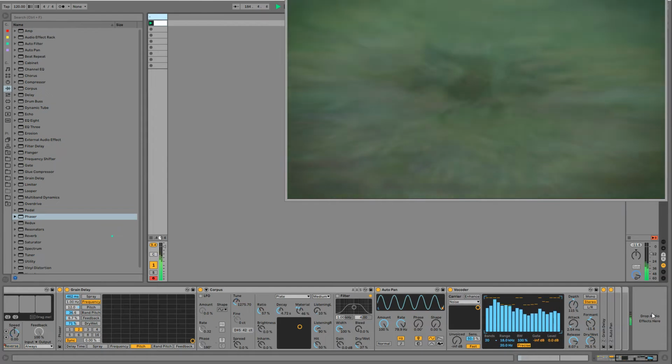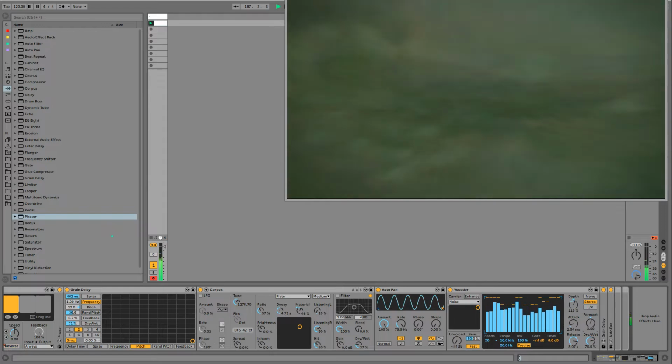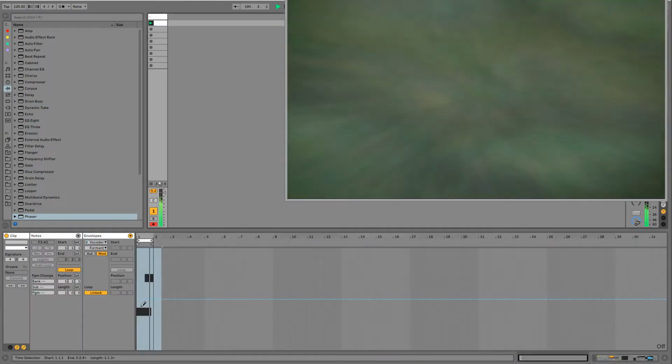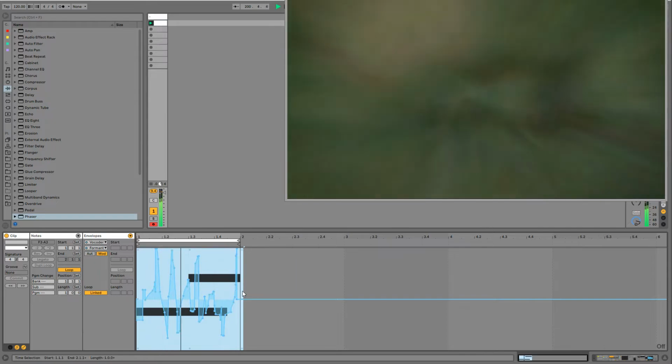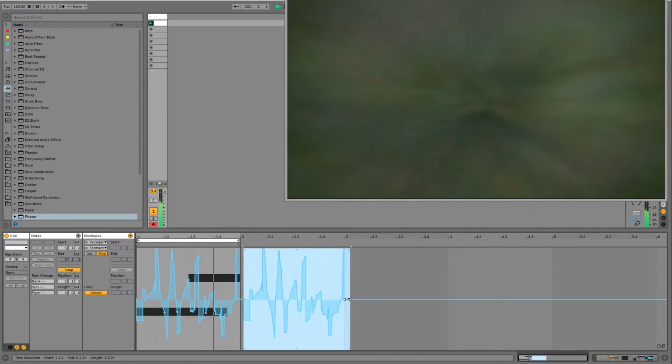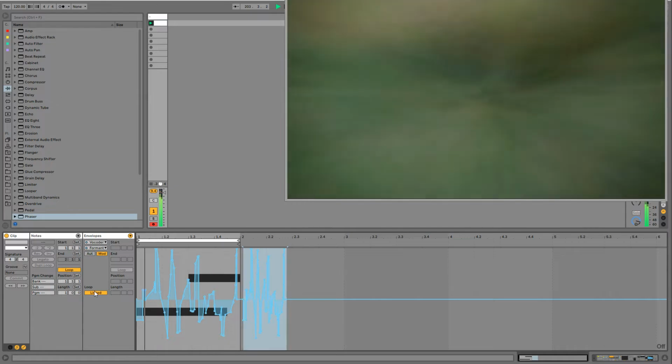Let's go ahead and modulate some of the stuff on this vocoder. Sometimes I just like to go in and use the pen tool and just do some really wild, expressionistic stuff. Drag this, we'll duplicate it, squeeze it in time, unlink.